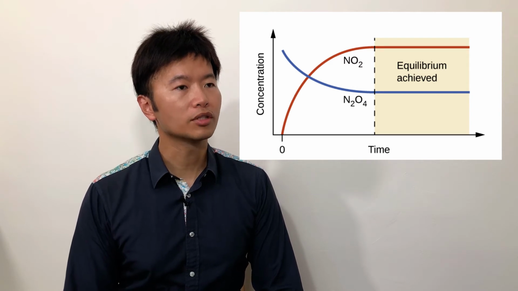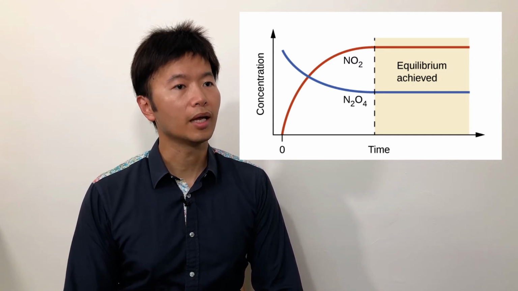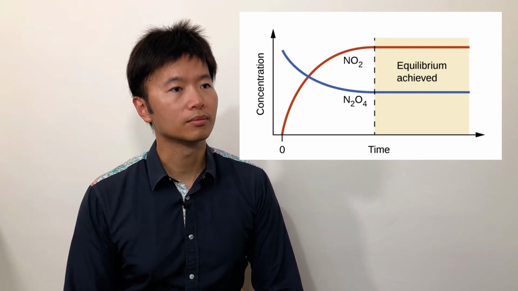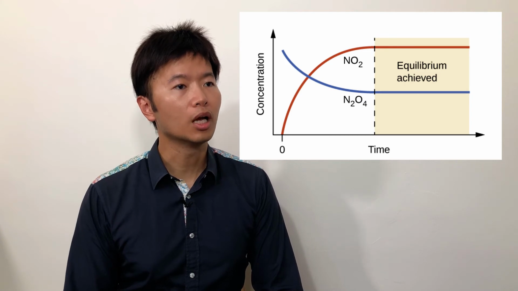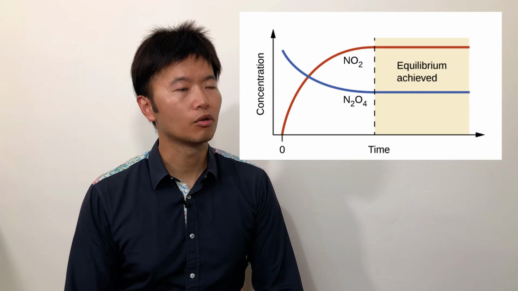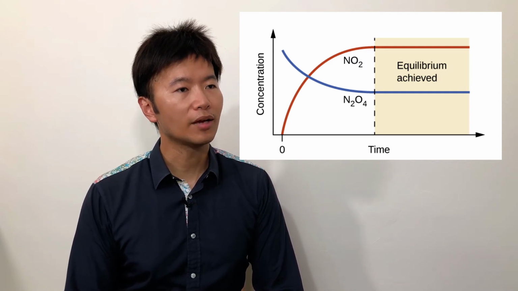However, the concentration of dinitrogen tetroxide does not decrease to zero, and the concentration of nitrogen dioxide does not continue to increase. Although initially the amount of reactant and the product changes rapidly, they both plateau at some level at